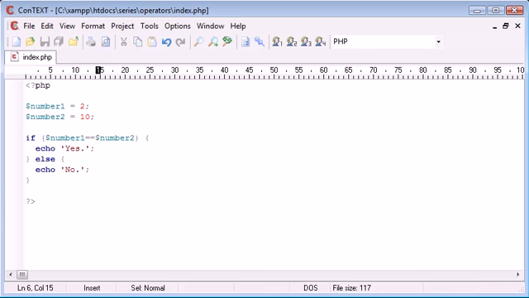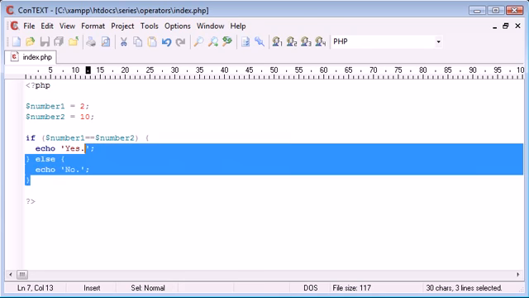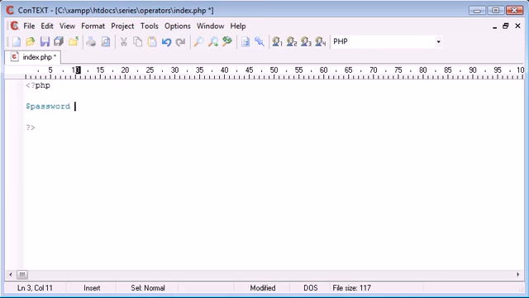For example, if a user was to submit a password through a form, you may want to check if their password is equal to maybe a preset password or a password stored in the database. And therefore what we'd do is we'd do something like, if we were to have a preset password, I'm going to set my password up here to password, so obviously quite a basic password, and I might say if password, so it helps if you read it out as English, if password equals password, then we echo